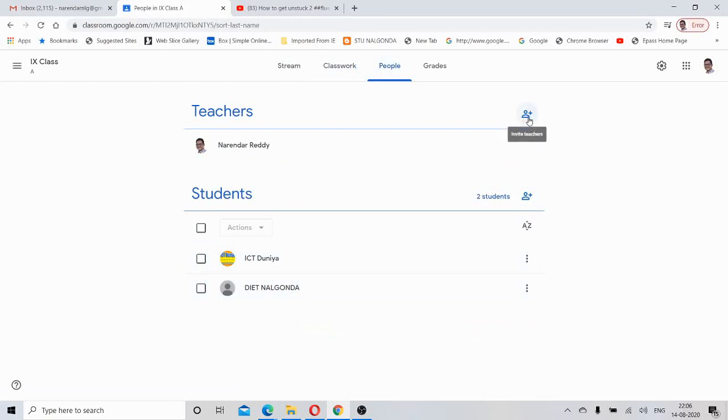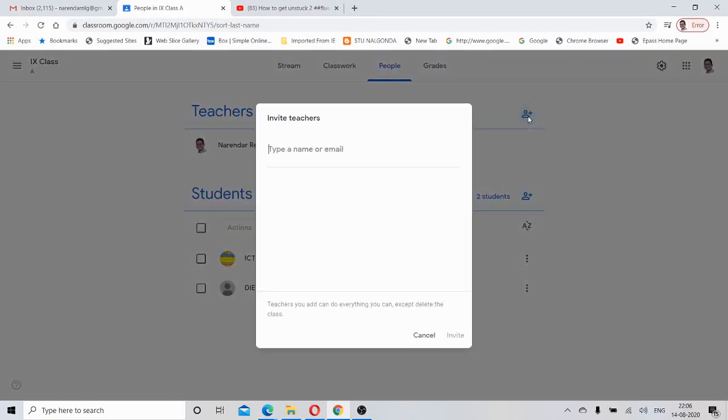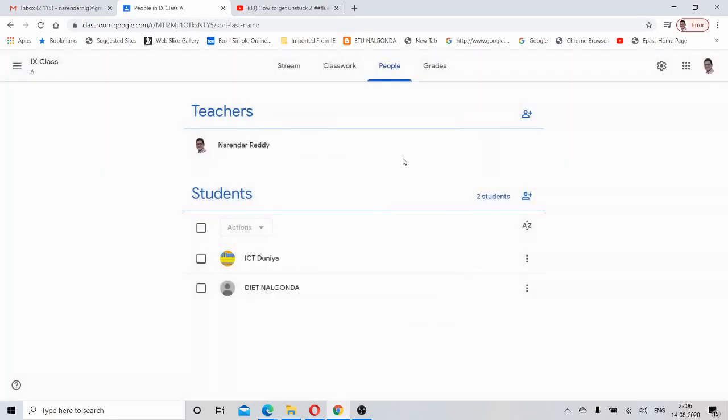One more thing I need to explain here, we can add some other teachers also. See here, for example, if I type my teacher's mail address here, I can add other teachers to my class. For example, if 10th class is dealt by 5 teachers, I can include all those 5 teachers in my class.